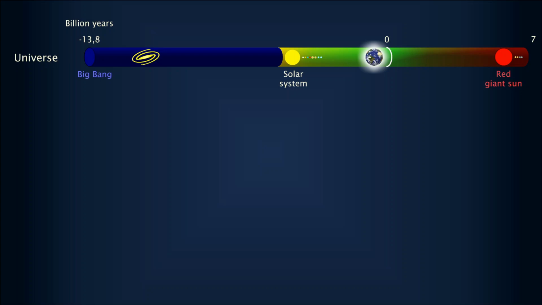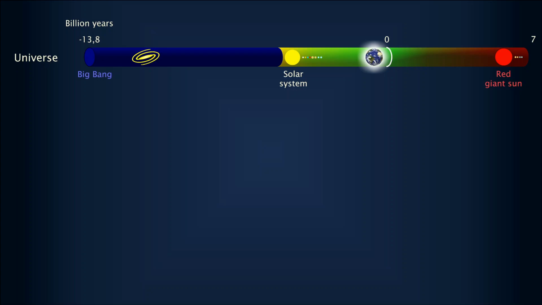So the Big Bang was 13.8 billion years ago. But do you know when the first galaxies and stars formed? Surprisingly, this was not very long after the Big Bang, so only 400 million years after the Big Bang, the first stars and the first galaxies were forming. And in particular, our own galaxy is almost as old as the Big Bang. So shortly after the Big Bang, our own galaxy came into existence.